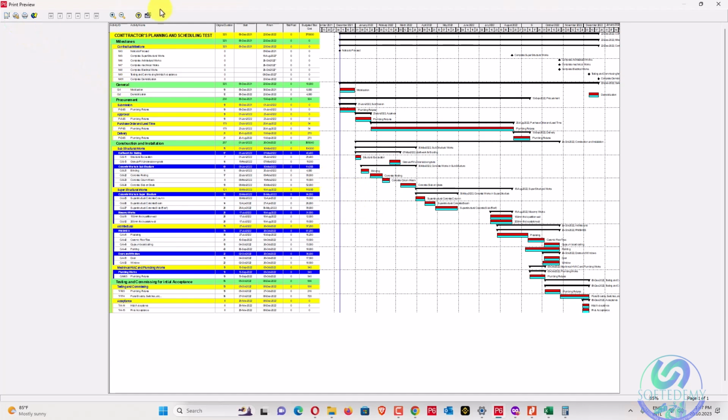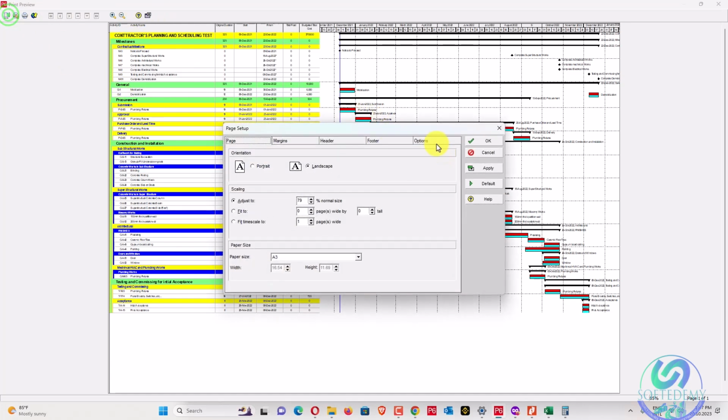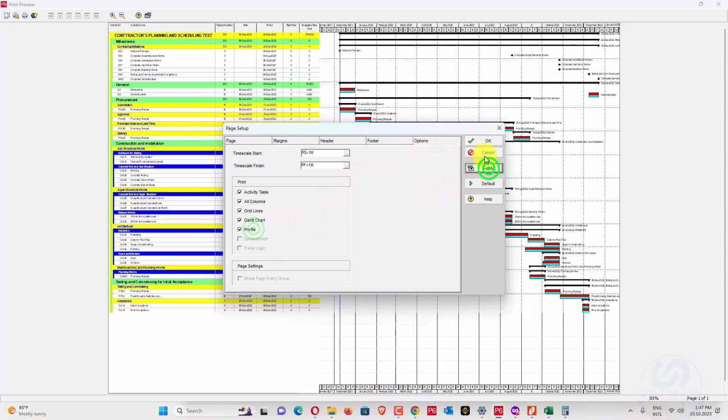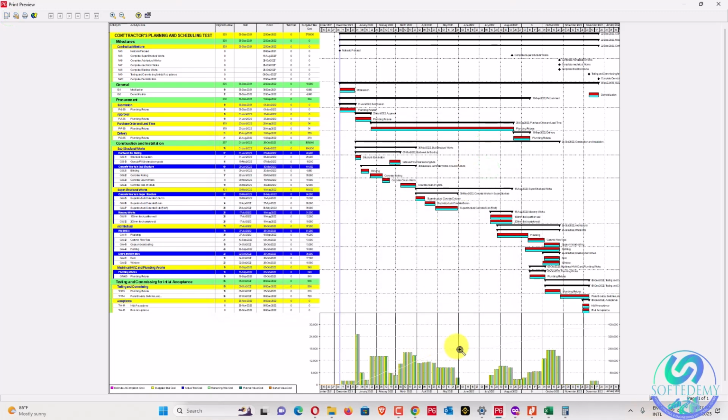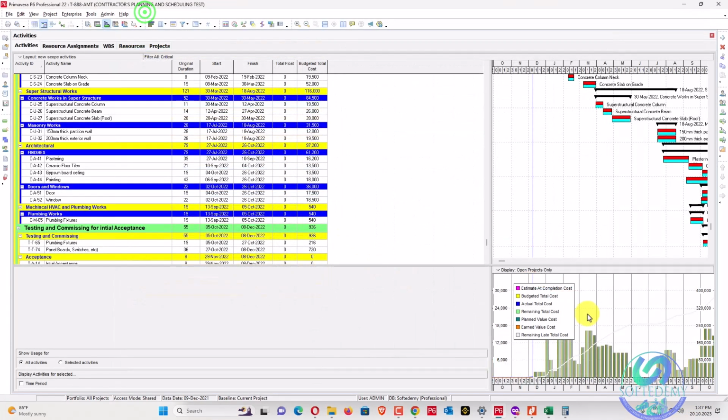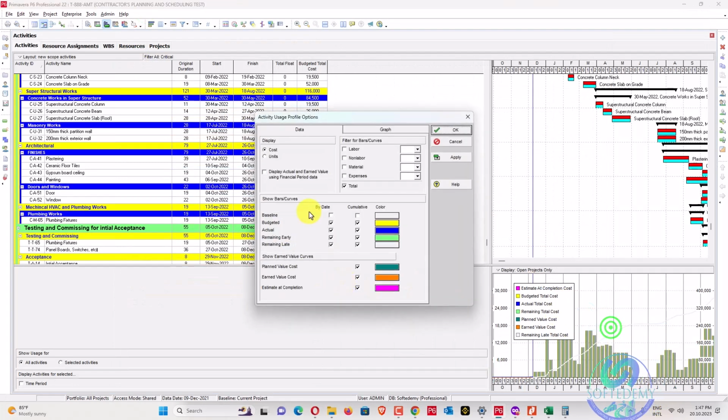it's not shown. Go here and you can select profile below, and the profile will also be shown. So if you want to show the cost one, activity profile, budget cumulative, actual, early and remaining, you can also see that.